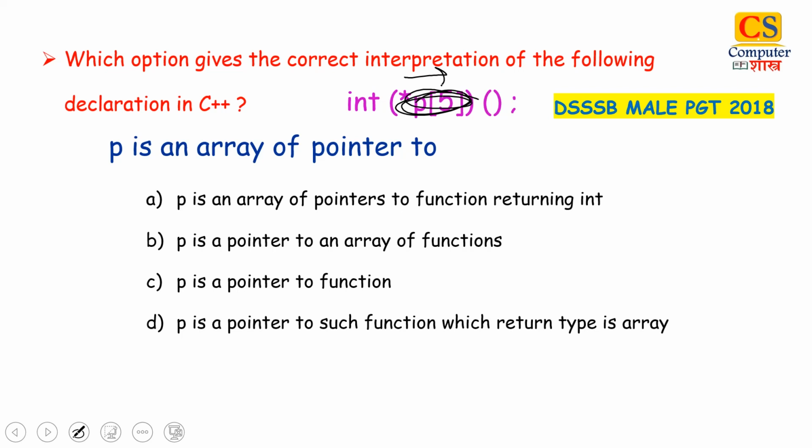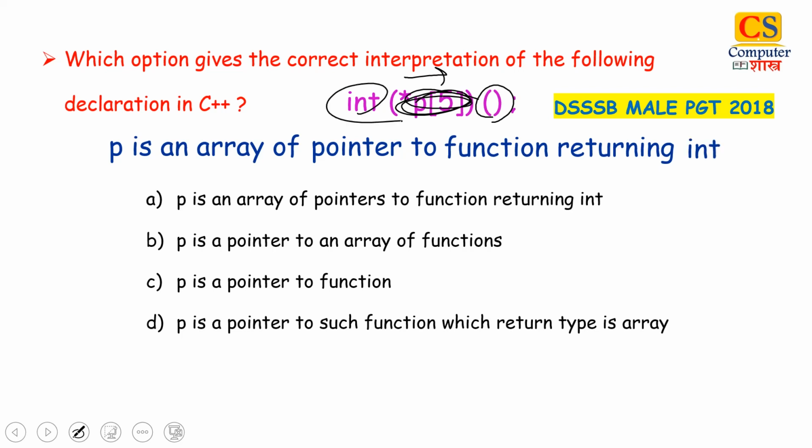So on the right we have this function bracket. Earlier the bracket was for parenthesis, and this is our function bracket. So we will write function returning, and last we have this int. This was quite simple. Now if you notice all the options, we can see that this matches option A. So the right answer for this question is option A.